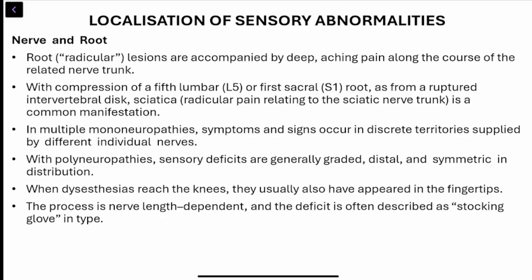First of all, if we suspect that the nerve or the nerve root is involved, then what will we find? We will find a radicular lesion. Radicular lesions are accompanied by deep aching pain along the course of the nerve. Very important. For example, sciatica. Sciatica occurs when the L5 or S1 root is compressed by a ruptured intervertebral disc. Sciatica is radicular pain which starts from the lower back,